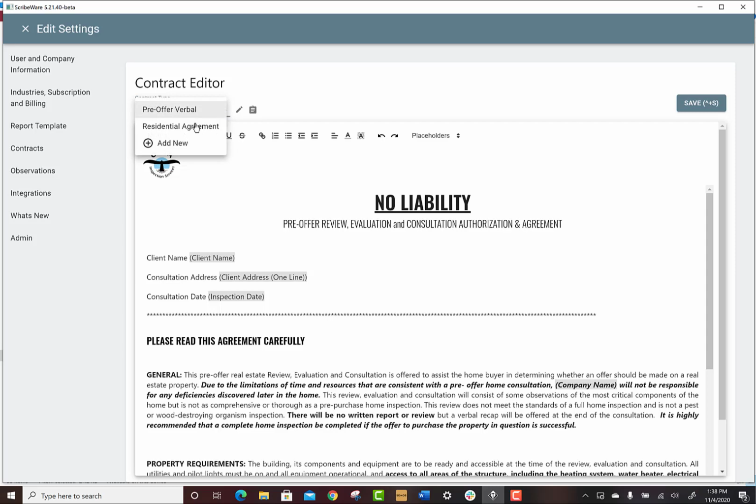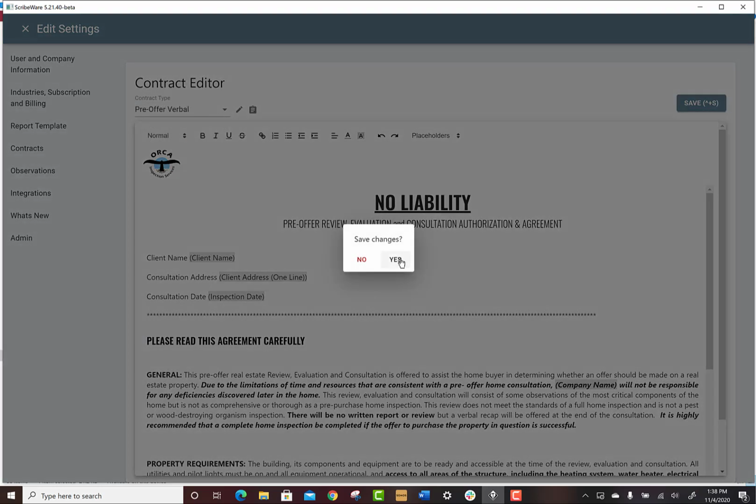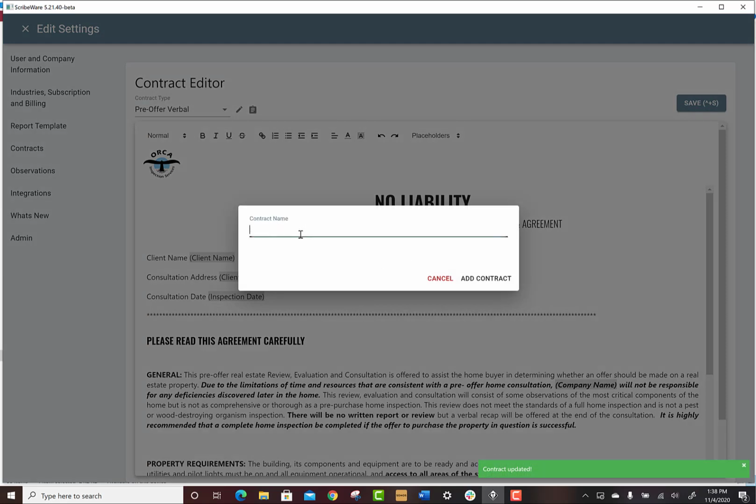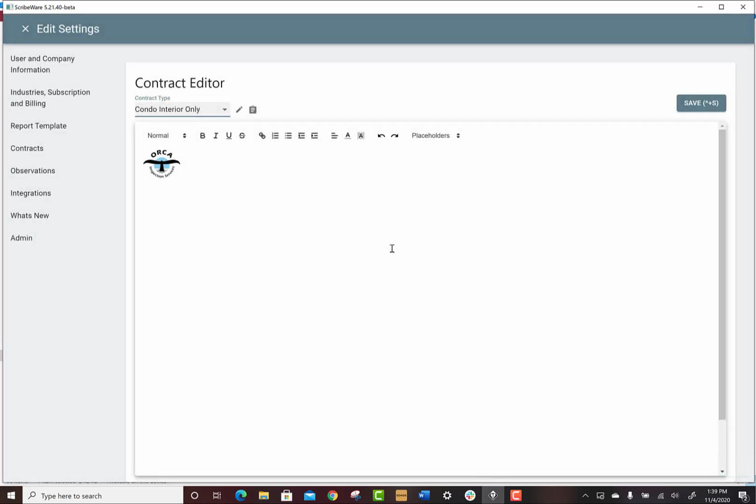So let's create a new one here. So we're going to add new. We'll save the changes to this other one. The new one is going to be condo interior only. Alright, so now we got a blank space, and you can see it defaults by getting your logo